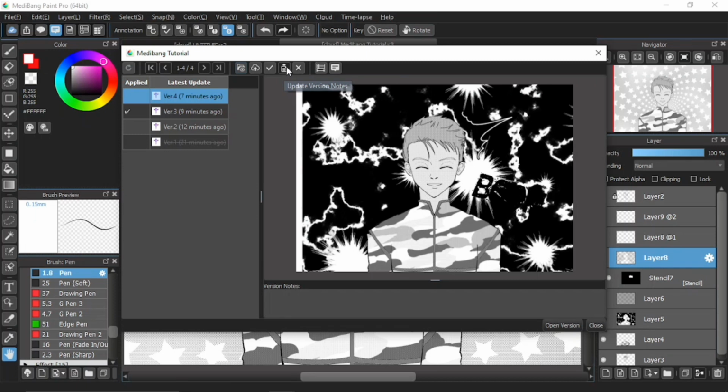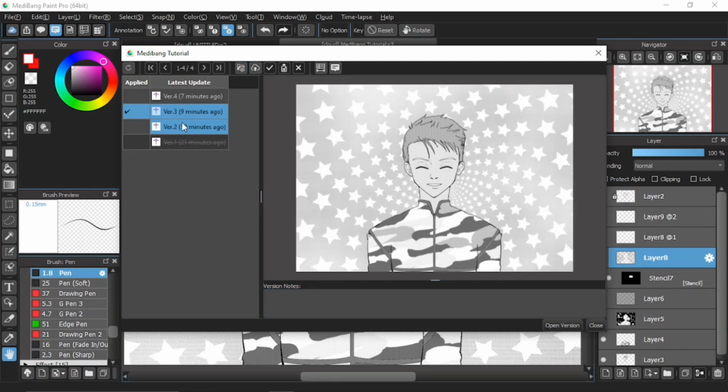Okay, this icon is related to the box down here. For the update version notes, right now you can't click it because you must first type in something in this box down here. So what do you type down here? Anything you want that relates to the version shown above. So I'll just type in something for this version, which I want. So I'll just type in here. I change the background and